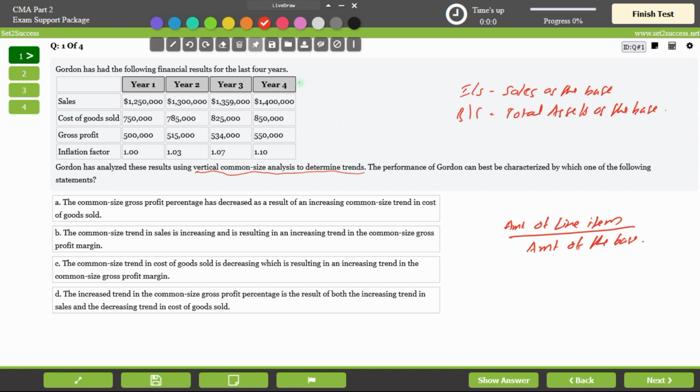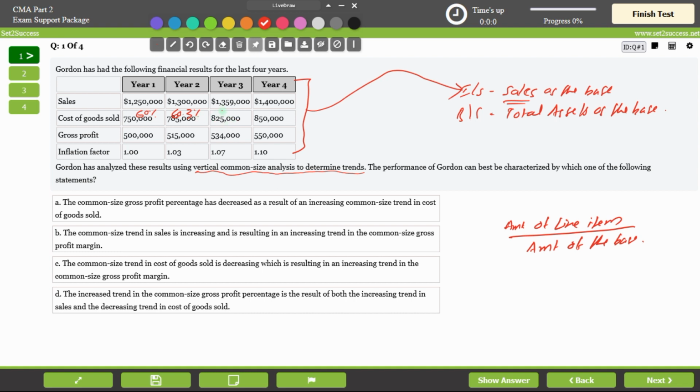So this one is the income statement. So the base amount will be the sales. Sales will be the base amount. So let us convert these items into vertical common size analysis. So cost of goods sold will be 750,000 by 1,250,000, that is cost of goods sold by sales, which gives you 60%, and 785,000 by 1.3 million, that gives you 60.3%,